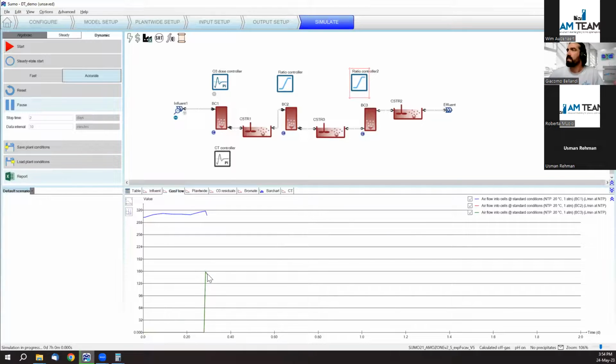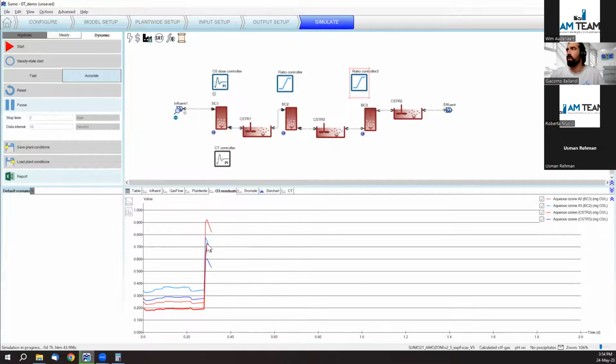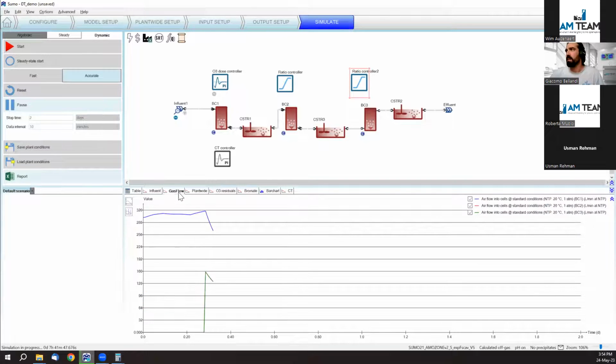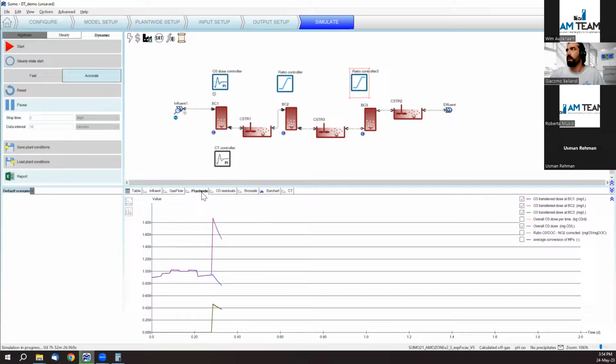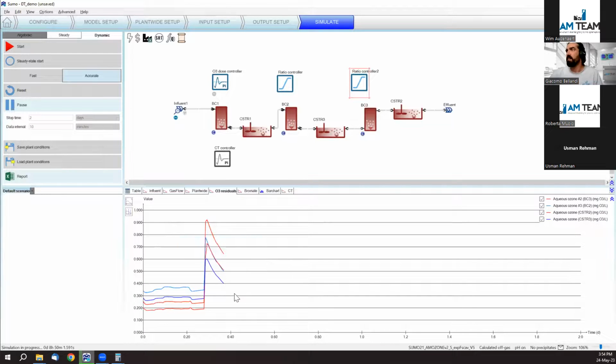Now the gas flow, it's like switching on the gas flow in bubble columns 2 and 3, right? So for a moment we have an overdosing of ozone, and then the controller starts acting on the bubble columns. The gas flow goes down, and then we are aiming for the overall 1 milligram per liter ozone dose. The ozone residuals decrease again. They go back to normal values, and now the bromate will decrease even further than what it was before,